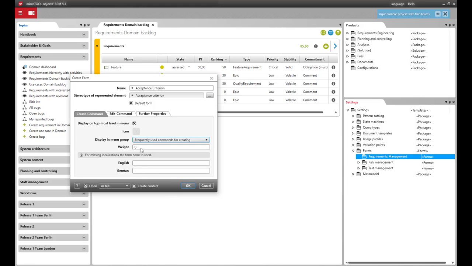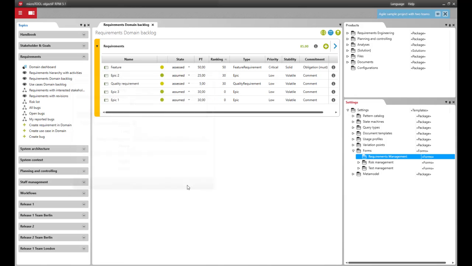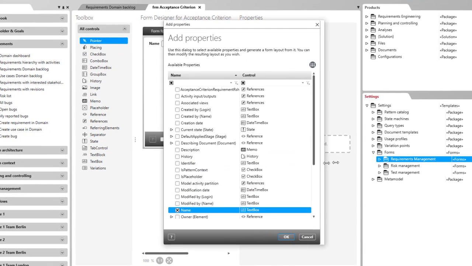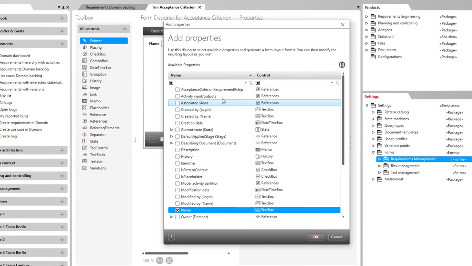For now, I'll skip over specifying its place in the context menu by setting its weight, and I'll leave out its localization properties. The option Create Content is already selected, which means the form will now be generated. Here I still need to determine which properties are to appear in the form. I'll choose the previously defined relationship acceptance criterion requirement rship, which will allow me to connect an acceptance criterion and